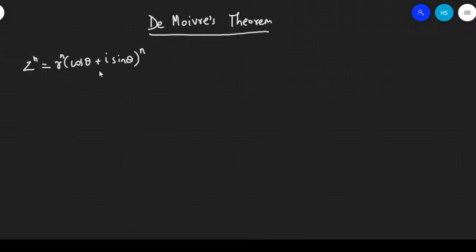where, according to de Moivre's theorem, this term can be represented as cos n theta plus iota sin n theta, right? So by this theorem we are going to solve a few examples, such that if n is a positive integer,